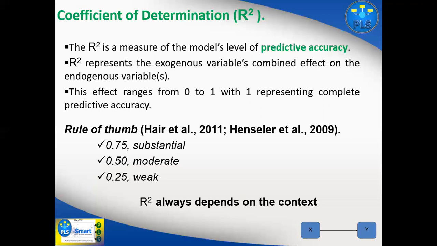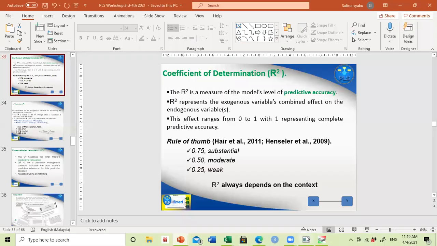What you are saying is that if it is 1.00, it's telling you that no other construct can be attached to that DV again. So it should be between 0 and 1. There are a lot of rules of thumb: some say it should be greater than 0.1, some say greater than 0.2. But according to Hair et al., 2011, if your R square is